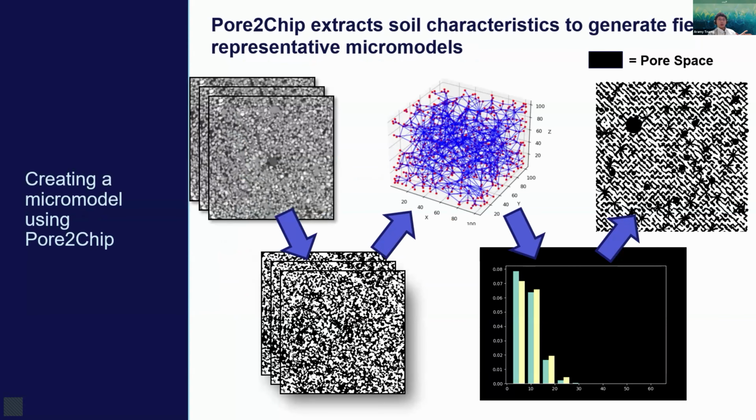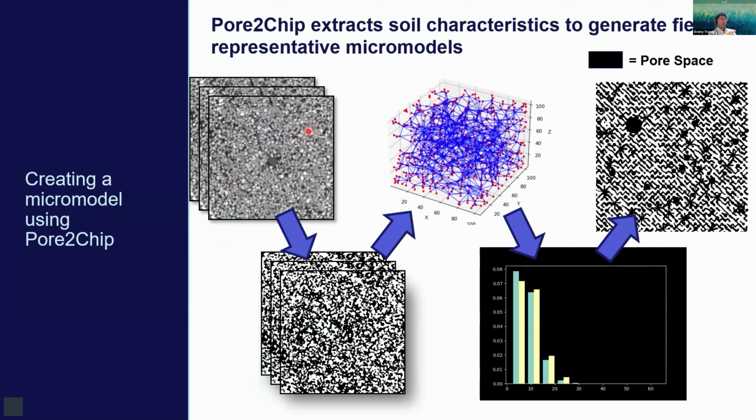Okay, so let's talk about the general workflow of PortaChip. Before I start, throughout the rest of this presentation, if you see any micromodel or segmented image data that has black and white pixels, the black space will be considered the pore space and the white space is just the solid space, right? So from start to finish, how PortaChip works is you have your raw image stack,